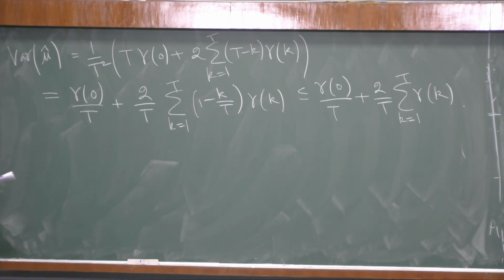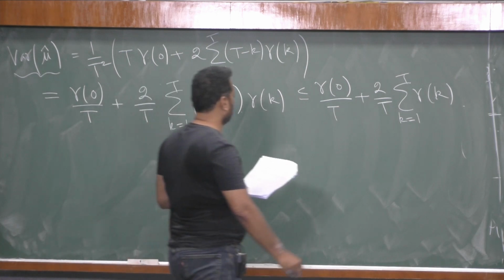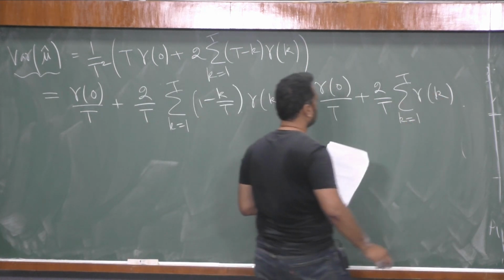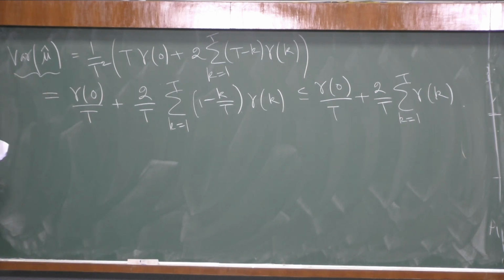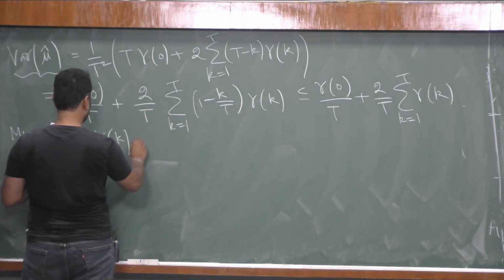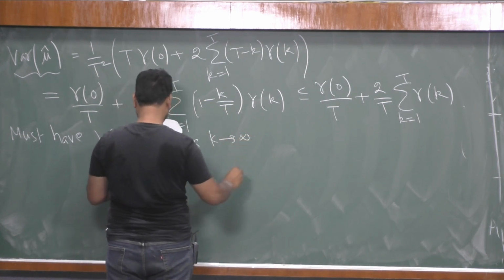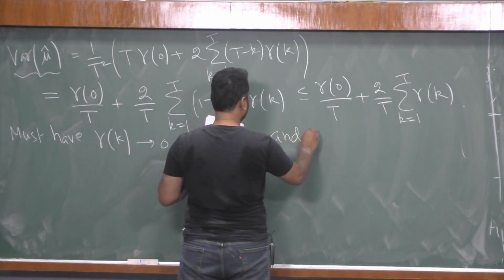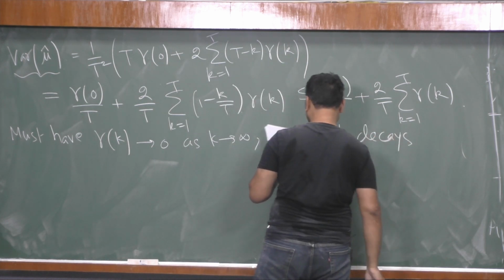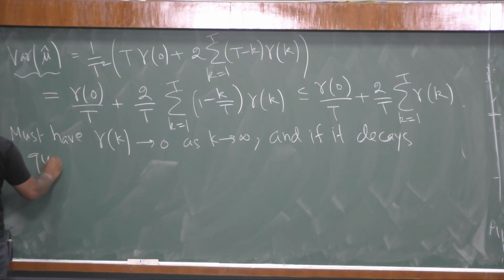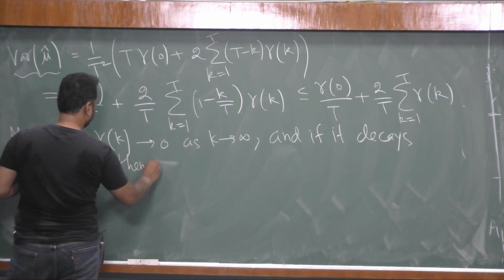After some simplifications, for the variance of mu hat to go to 0, we expect that gamma k tends to 0 as k tends to infinity, and if it decays very quickly, then the estimator